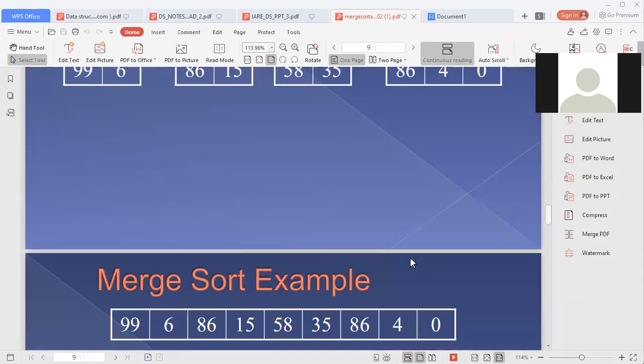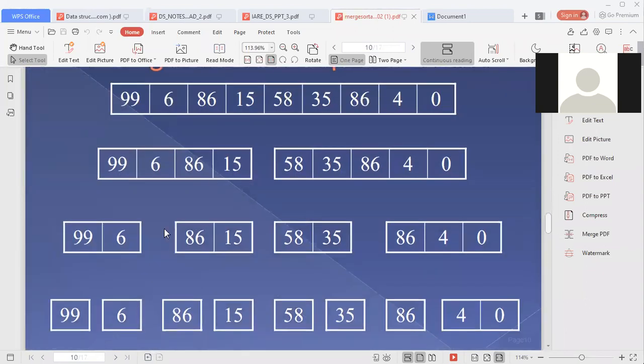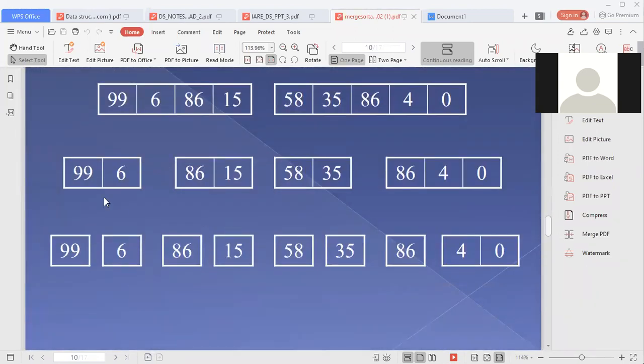Now what is the next step? This is the further division. Here, A3 is further divided into 2 more subarrays. Why? Because it is easy for us to sort between 2 elements. Then it is further divided into 2 more. Since it contains 3 elements, it is divided into an array with a single element and 2 more elements.